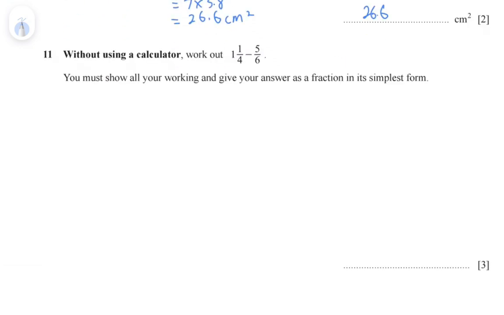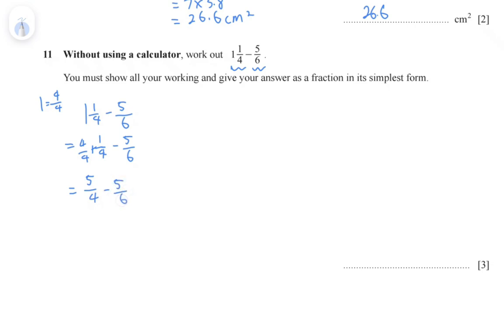Moving on now to question 11, we're asked to work out 1 and 1 over 4 minus 5 over 6. Seeing as we have a mixed fraction, we should convert it into an improper fraction. So that 1 is the same as 4 over 4. So this is 4 over 4 plus 1 over 4 minus 5 over 6, which gives us 5 over 4